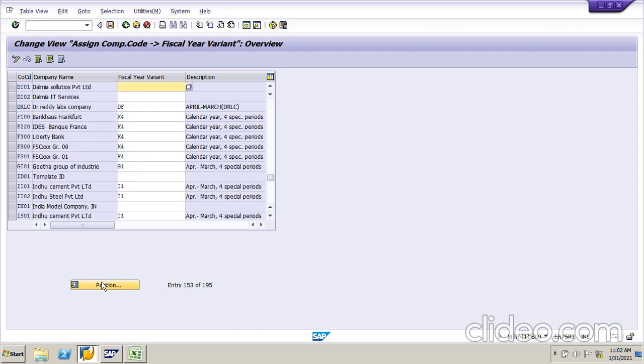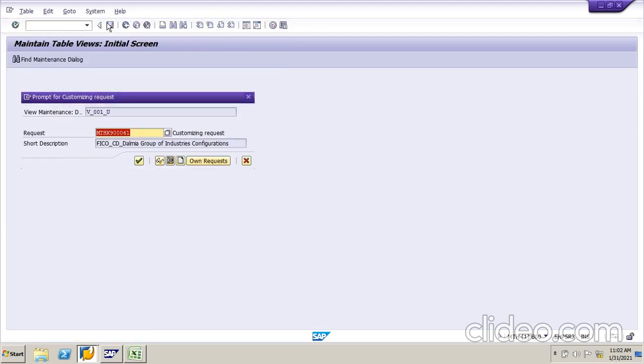What is your fiscal year variant? We are following V3. I'm giving the same for the second company also. Enter, just ignore these errors. Enter, enter, enter, save. So save the data.